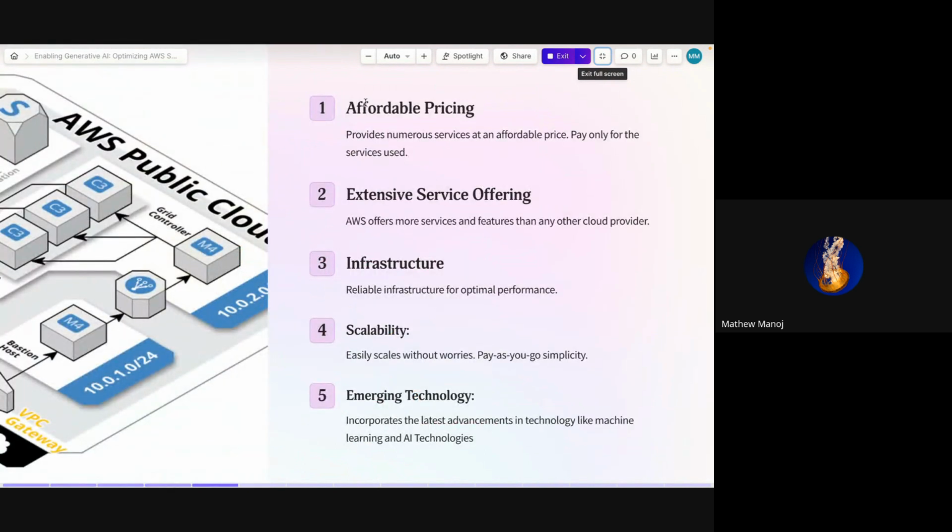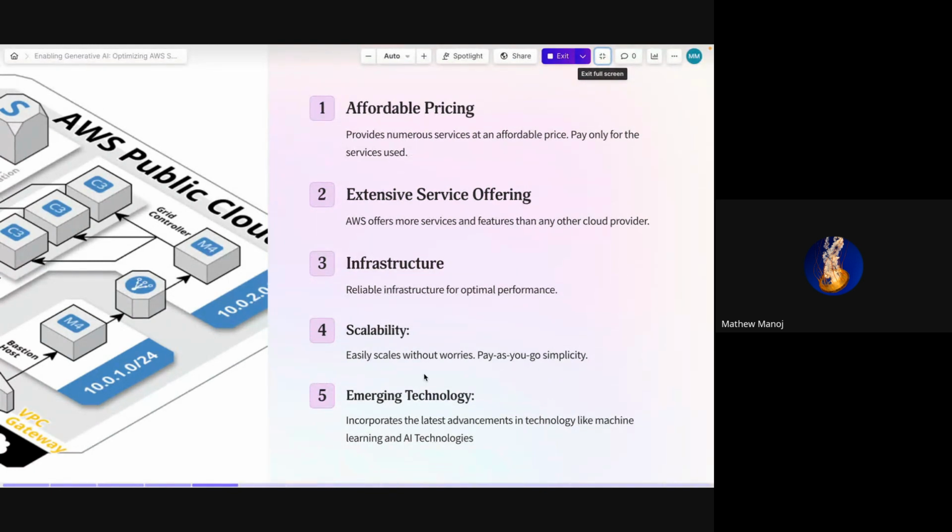So, the points I just said: affordable pricing, extensive service offering, a good infrastructure, and it's really scalable. Like I said, you do not have to worry about what server you're going to use, since bigger servers will cost much more.